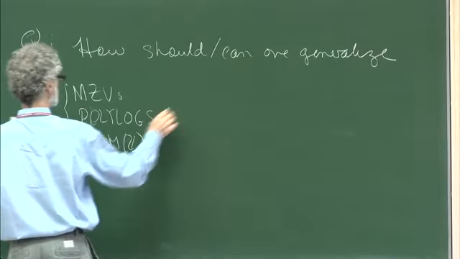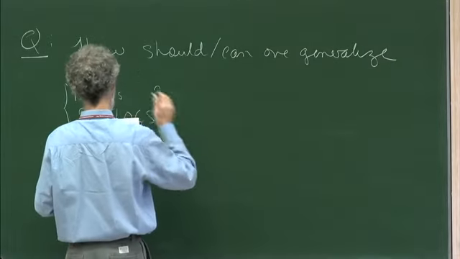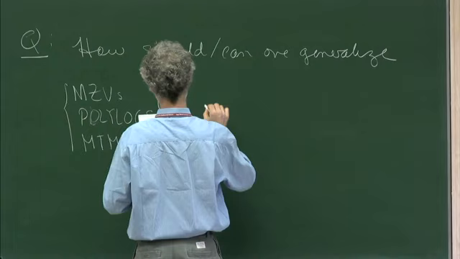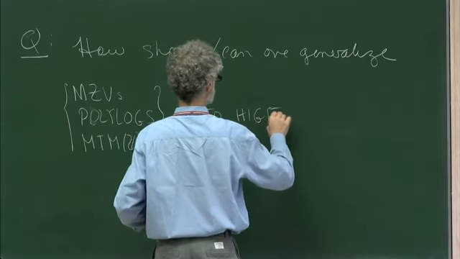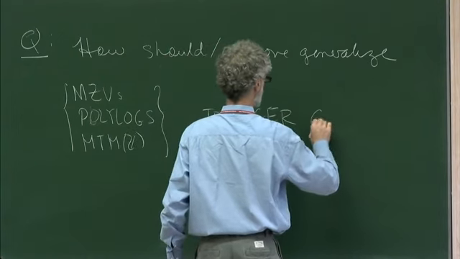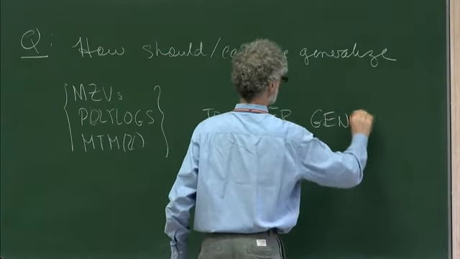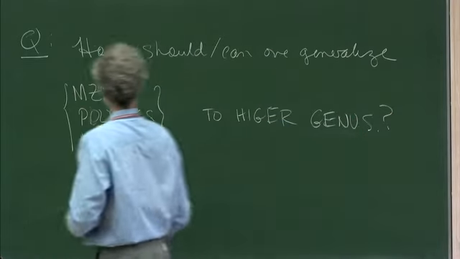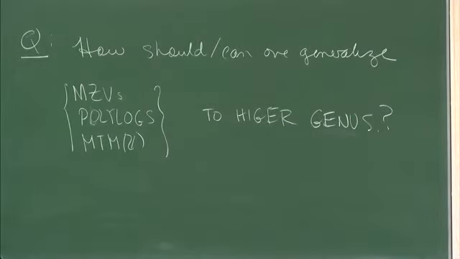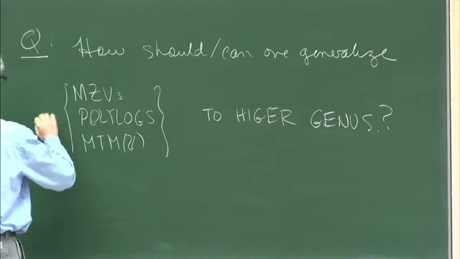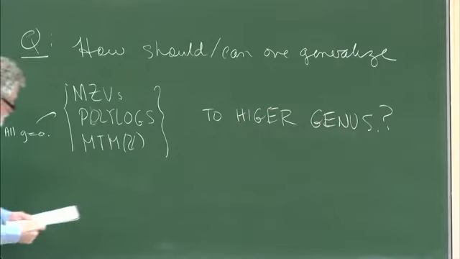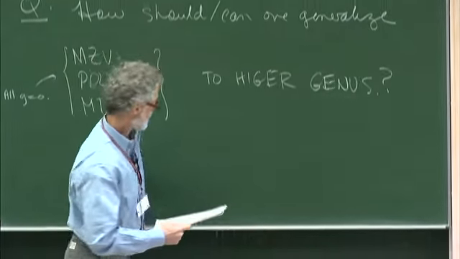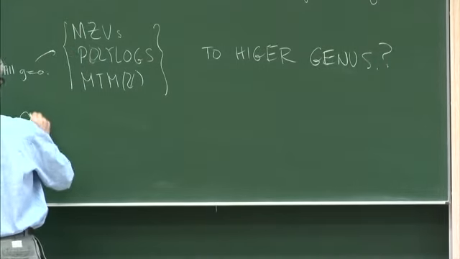How can you generalize all of these things to higher genus? I think of these things as all being in genus 0. So these things are all g equals 0. And there's a central character